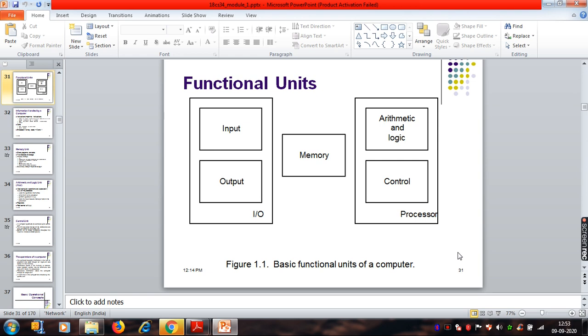And then we have the ALU, that is the arithmetic and logical unit. A computer can perform whatever operations by using the arithmetic and logical circuits that are there. We are going to study in depth what arithmetic circuits and logical circuits are.